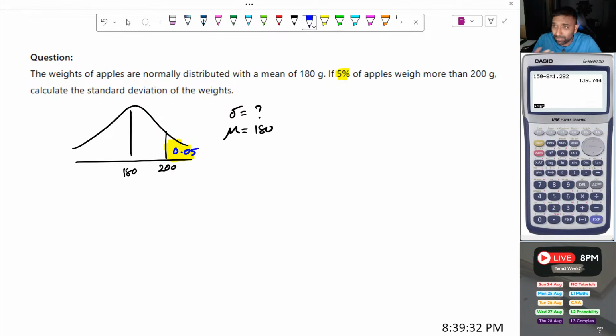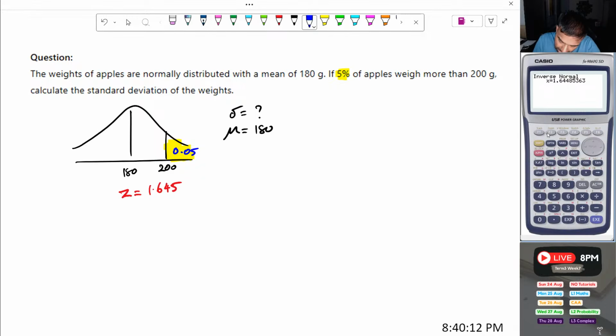So the first thing, again, we need to find the Z value for 0.05. So two ways you can do this. You could go right tail as 0.05 or left tail as 0.95. It wouldn't matter which one you go. You should be good with either. So I'm going to go with whatever's in there previously, so I don't have to press the same things. Of course I did central. All right, let's go right. Right it is. And then area is going to be 0.05. And there is our Z value. So our Z value is equal to